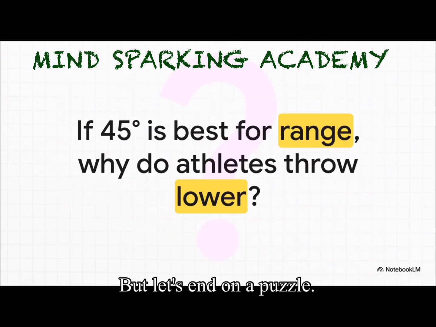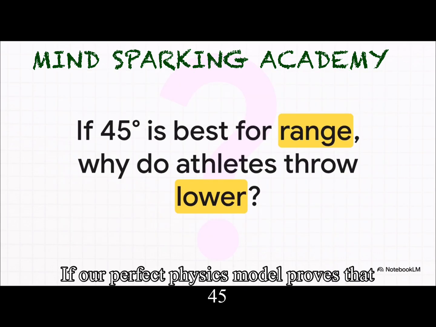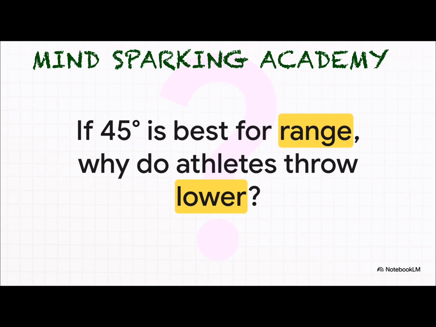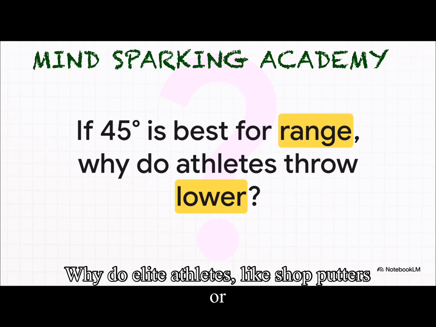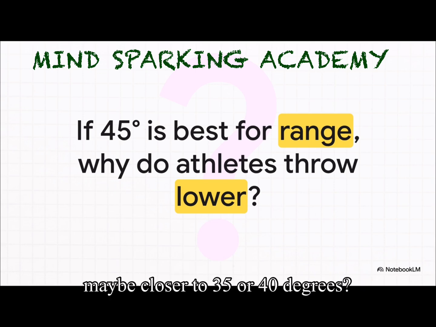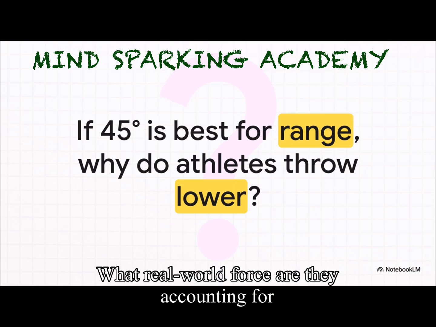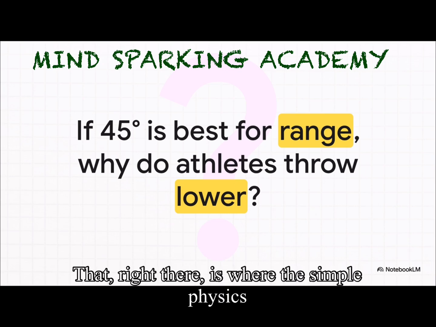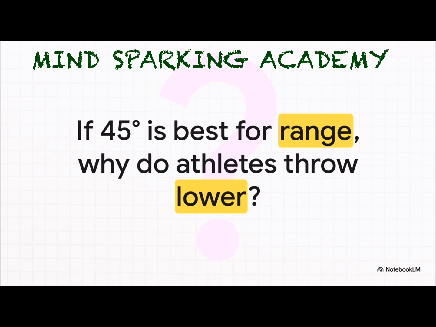But let's end on a puzzle. If our perfect physics model proves that 45 degrees is the magic angle for maximum distance, why don't we see that in the real world? Why do elite athletes, like shot putters or quarterbacks, release at a lower angle, maybe closer to 35 or 40 degrees? What real-world force are they accounting for that our perfect little model leaves out? That, right there, is where the simple physics gets really